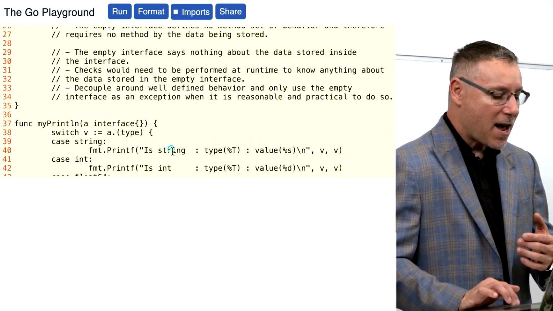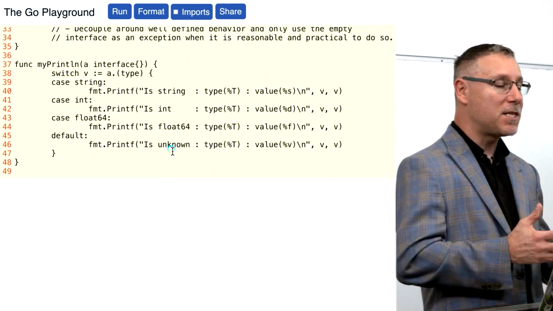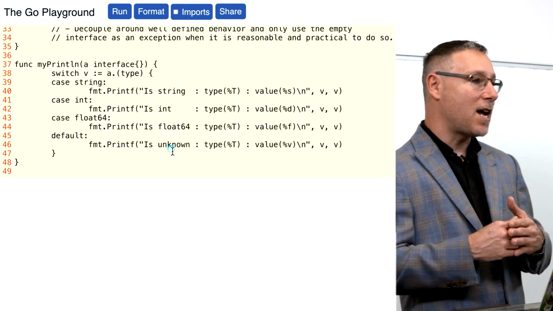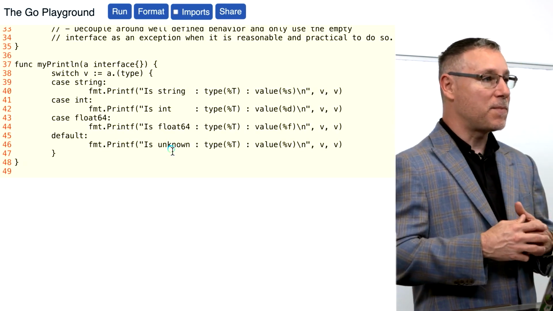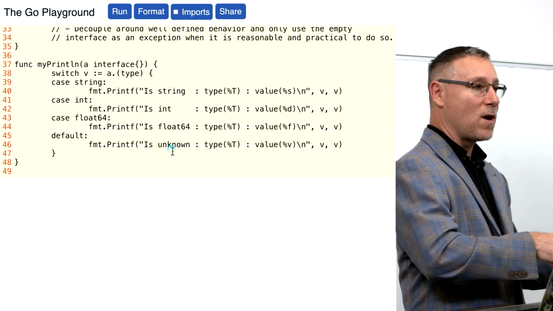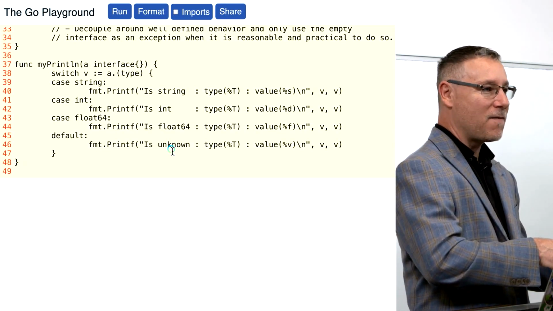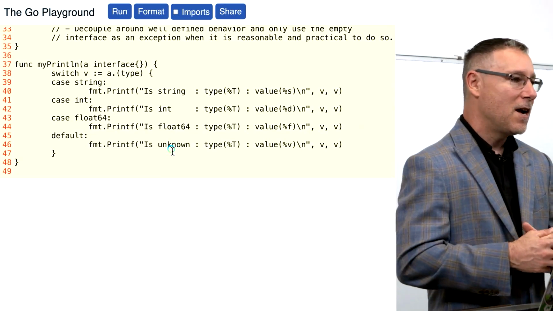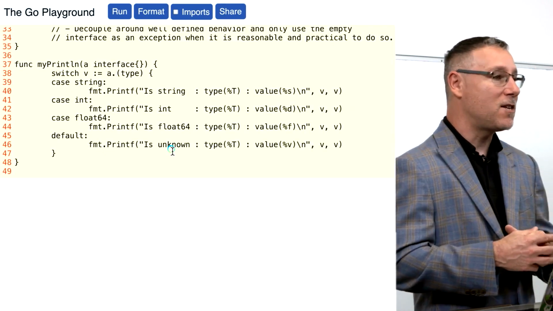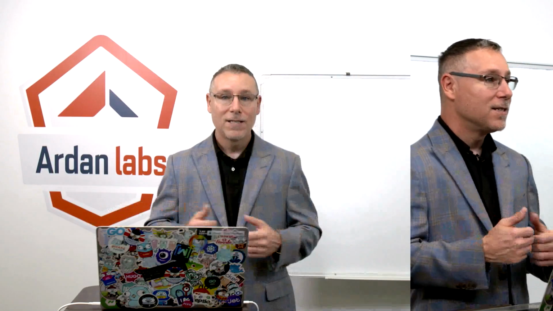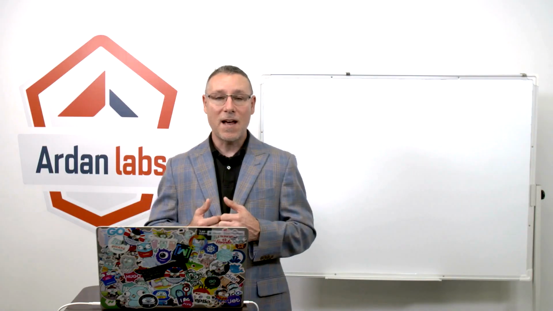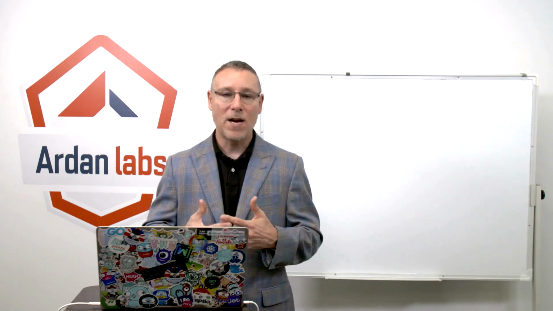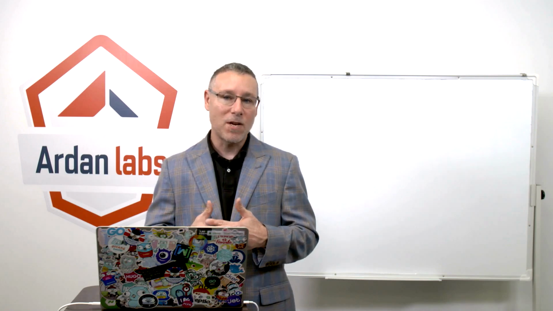And we do that by leveraging the empty interface. So if you look on line 37, the myPrintln function is now accepting data not based on what it is, but kind of funny enough, also not really based on what it does. It's using the empty interface. And the problem with the empty interface is that it really describes nothing. It's not suggesting that data has to be behaving in any sort of way. It's a very generic way to bring data in,